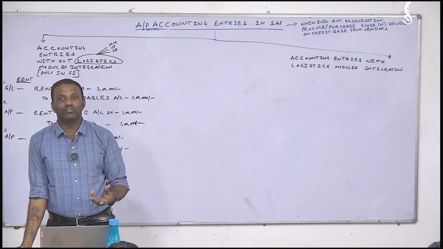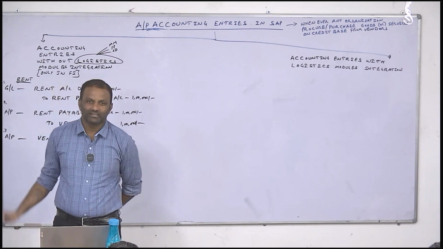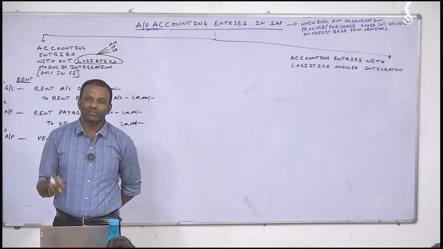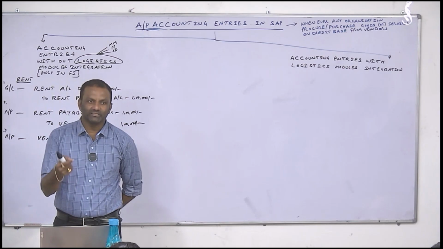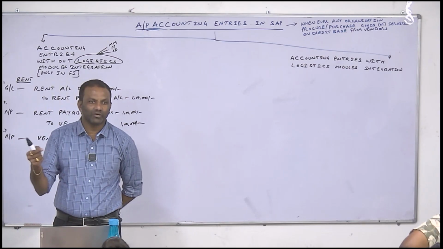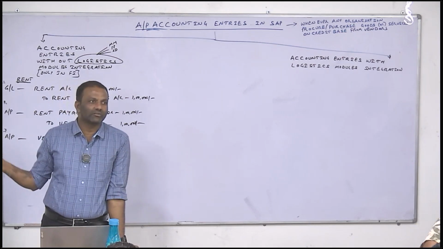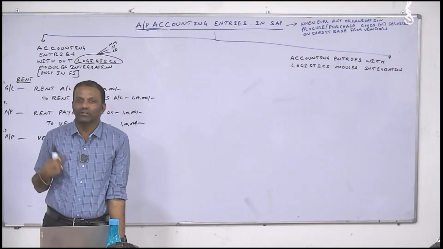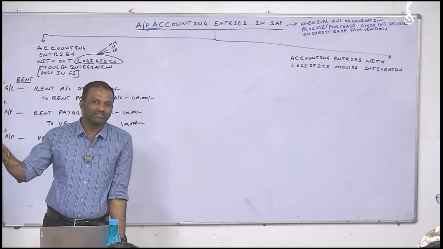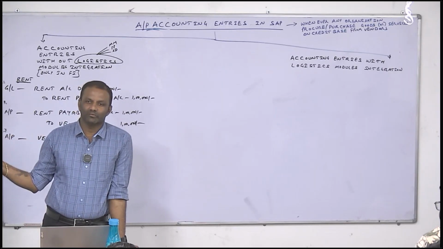Tomorrow I will ask what is open item management. 90% of people will say rent payable, rent receivable. That is not open item management. What is open item management? Open item management is the GL where the user will post a corresponding entry with respect to a previous entry to knock off the GL balances. Those types of GLs we will activate as open item. Examples are rent receivable, rent.